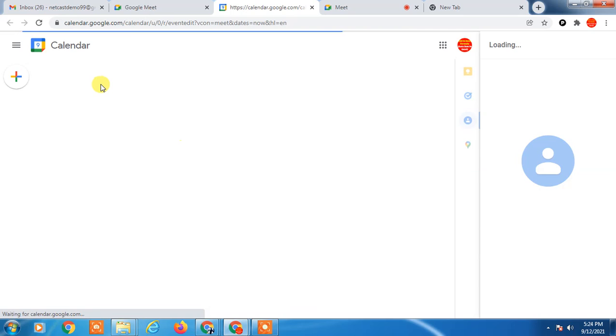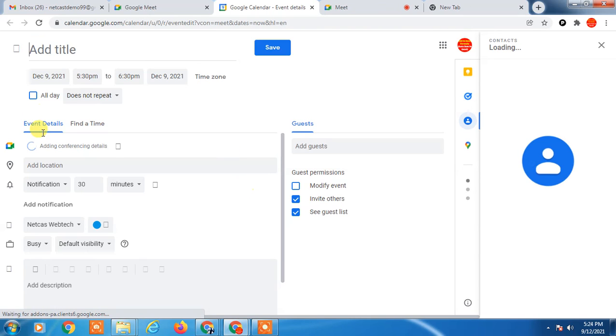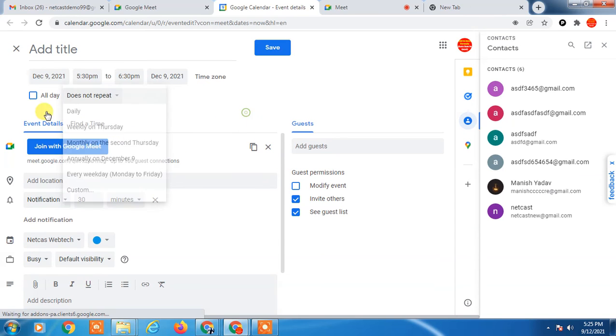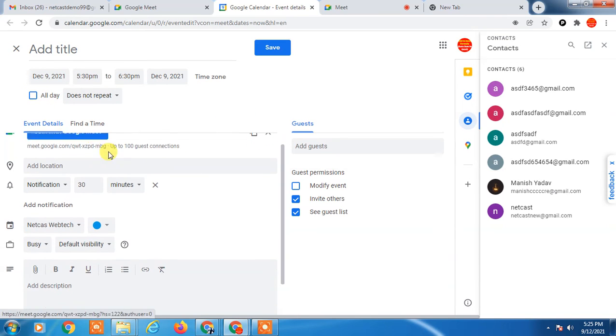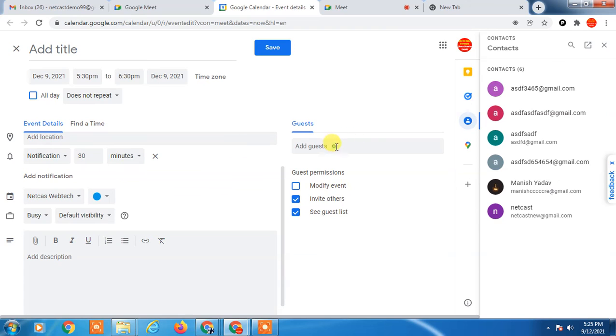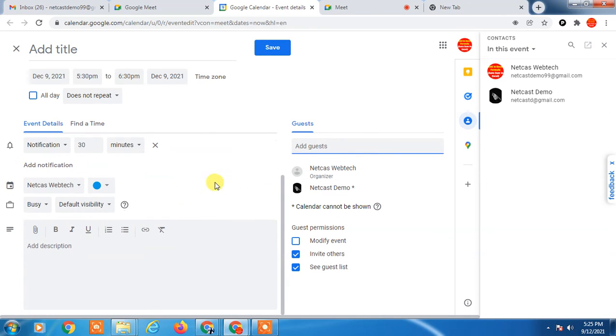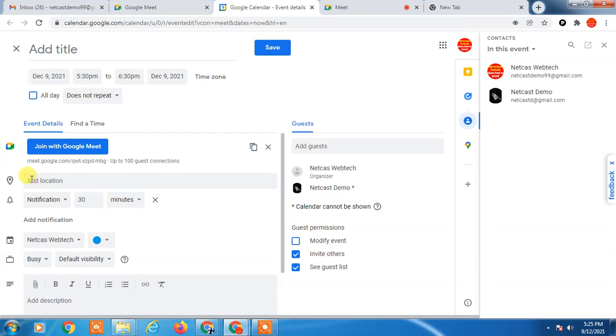So here you can change the date, you can change start time, end time, you can repeat every day, every week, Thursday, anything, all days you can make. Okay, this is fine. Okay, so here you can add the person or email IDs, members can be added here, and you can save, and you can add message, chat, attachment, anything here. Okay, so you can add location also,